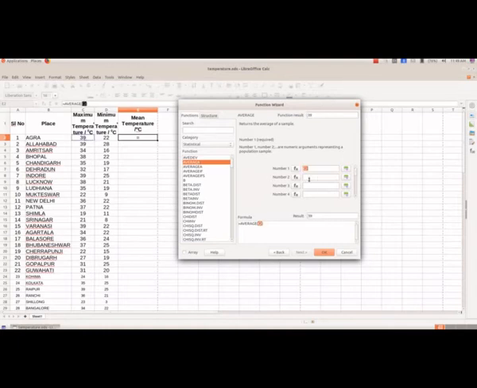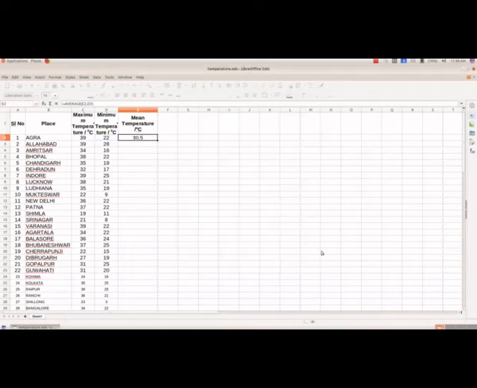We are selecting the first value for the maximum temperature, and now we are going to select the minimum temperature of the same place, and then here we got the result 30.5, and here also we got the function result as 30.5, and in this cell we didn't get that value. So to get the value in this particular cell, we have to click OK, and we got the cell value there.